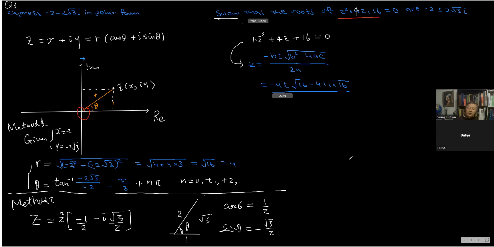A is 1, can you see? So that's divided by 2. Oh, good. Got 4. Yes. 16. You can factorize 16. If you factor 16, that would be 4 multiplied by